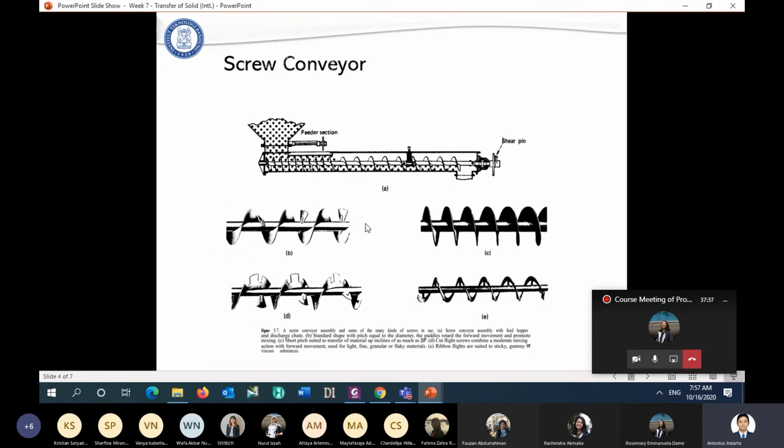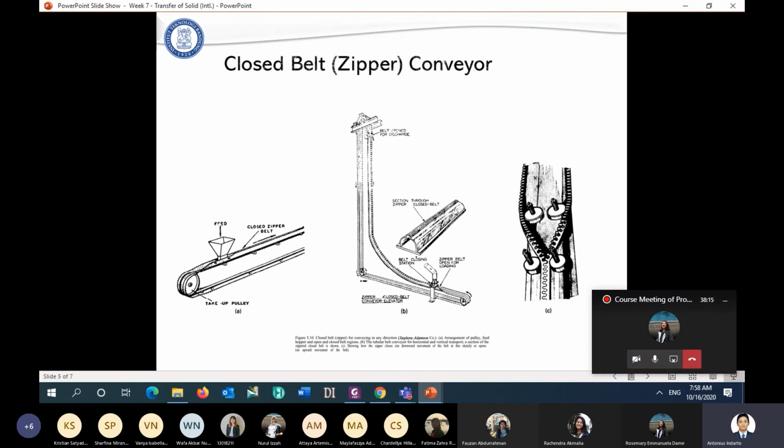That is the reason why in the market, or in industrial applications, there are many types of helix pattern of this screw, sometimes looking like B, C, D, or E. It depends on the solid particles, whether we feed wet or dry solid particles, so there will be a different type of helix blade. For example, this one. And this one is for the screw conveyor.